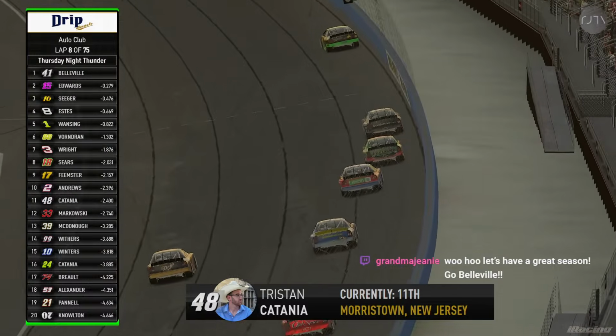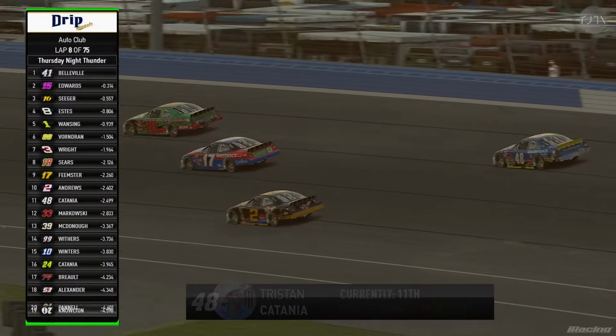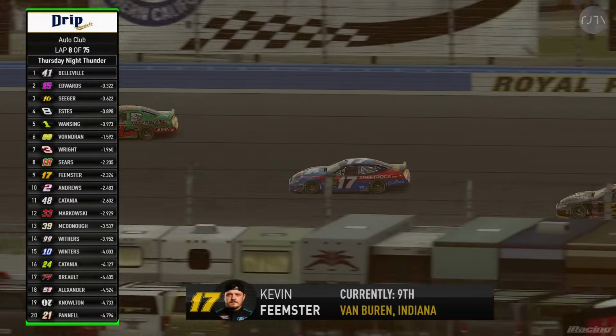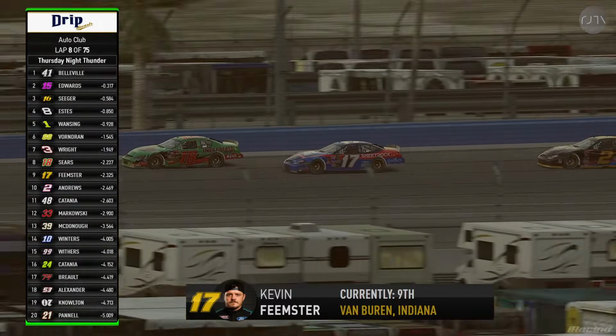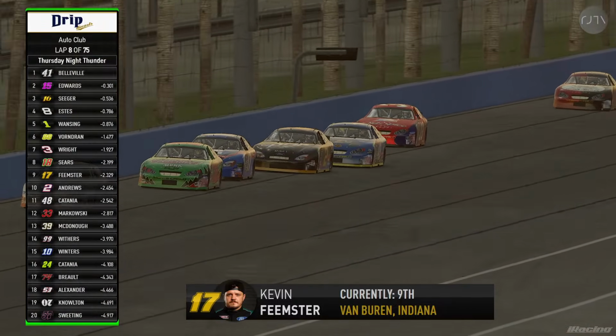positions. Tristan Catania in the 48, running in the 11th position, now on the outside of Thomas Andrews. Indiana's Kevin Feemster in the 1-7 to the left-hand side of Tom Sears and his beloved Bobby Labonte, Interstate Batteries 18. Up off turn number 2, Ryan, one thing that guys complain about, and they're well within their rights to